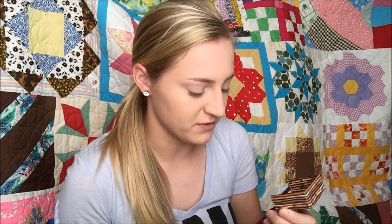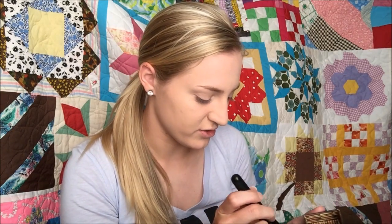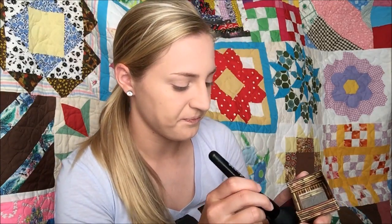So next I usually go in with bronzer, and this is honestly one of the only bronzers I've ever tried. It's the Benefit Hoola, but I just love this stuff so much. I've had this for over a year, I believe, so it might even need to be thrown out technically, but I ain't going to because I still got a whole bunch left. But I'm just going to use this e.l.f. powder brush. That's what I usually use. It comes with this little guy, but I don't use that very often. Just get a little bit on the brush and